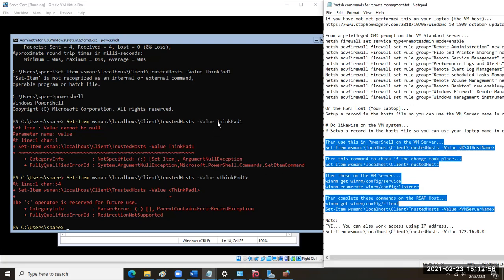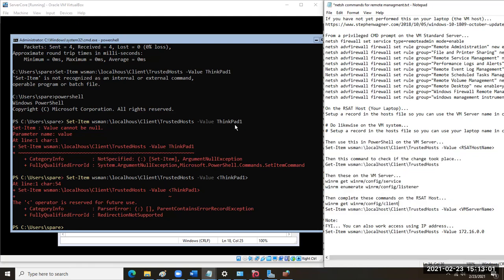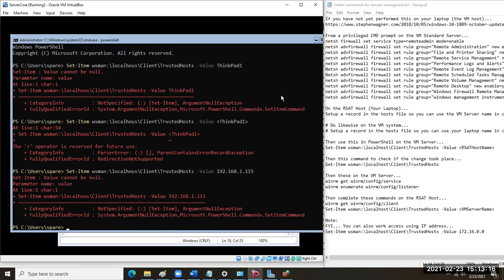Let me see if I can put my IP address in here. So instead of this, I'll put 192.168.1.115. No, it doesn't like that. Yeah, I did that on this system, and it worked just fine when I did it to set it up. So I'm going to go ahead and